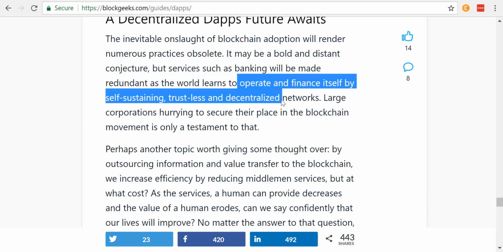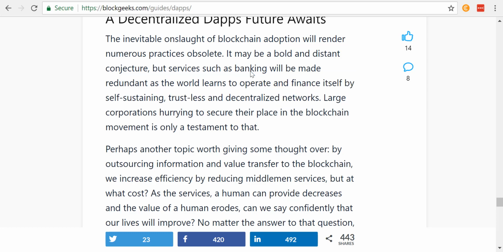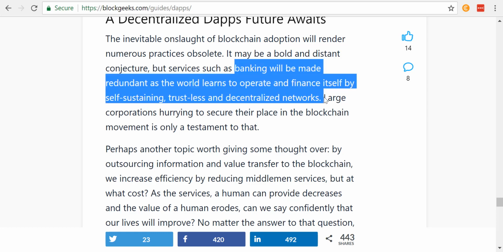Operate and finance itself by self-sustaining, trustless, and decentralized networks. This is the most important sentence. Blockchain technology, this is what makes it so incredible. And if you don't understand why we want a self-sustaining, trustless, decentralized network to operate, for example, our banking, then